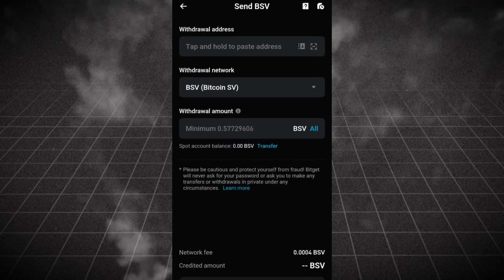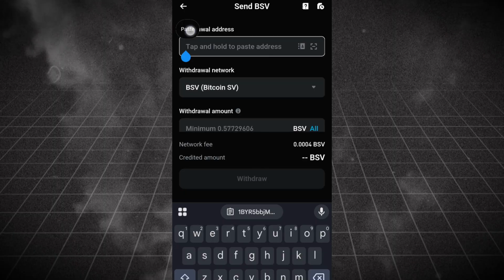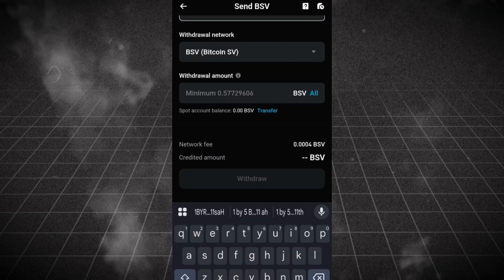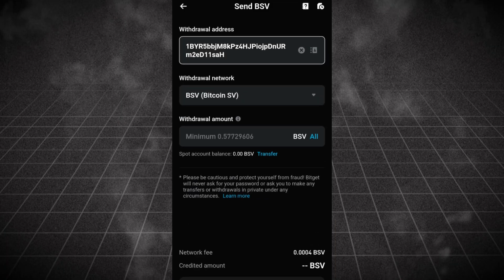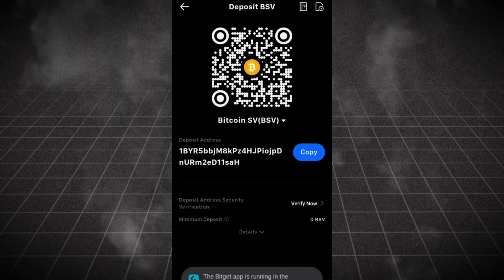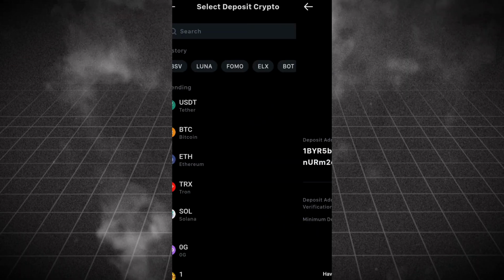Go straight back to Bitget, paste it, and provide the amount that you purchased on this Bitget crypto exchange, then click on withdraw. You will receive the money in your MEXC account. Immediately you receive the money in your MEXC account,